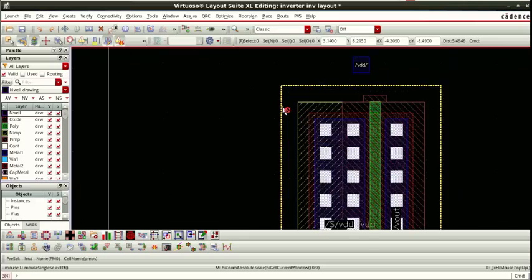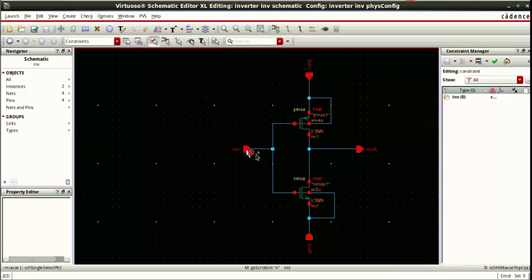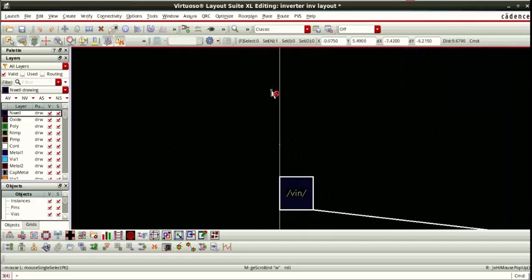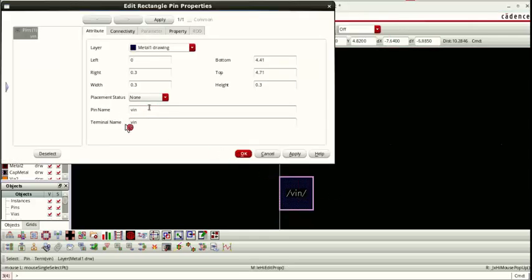Now let us see zoom. While zooming you can see these pins, what they are, or if you click any pin here in the schematic. Let me open the schematic. See here, suppose I select the pin Vin. So this Vin is selected. Now open the layout window, you can see that this is getting highlighted. Or one more way is, if you want to know, select this pin, right click, go to properties, automatically you can find the pin name here. So which way you are going to adopt, that is up to you.